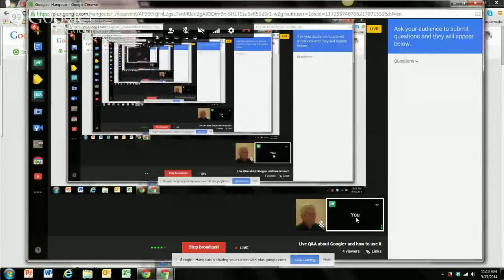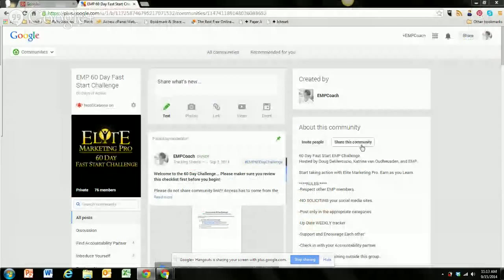But you do have a couple of options. If you want people to see you move from screen to screen to screen, use the entire screen option. If you want people to see just a specific piece of your screen, or maybe just the Google Hangouts, you can do a one screen option. But I tend to like to show off everything, and whatever you guys see, you see. It usually does some sort of psychedelic look like this. And if you guys can't see it, this is what your community looks like.